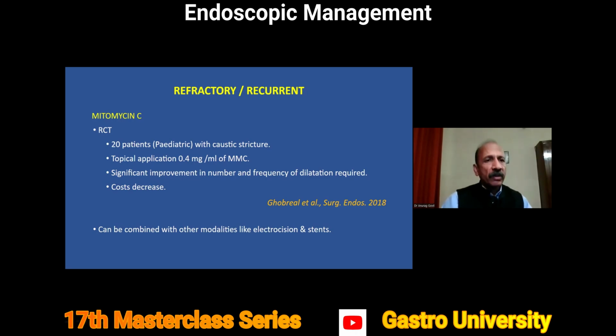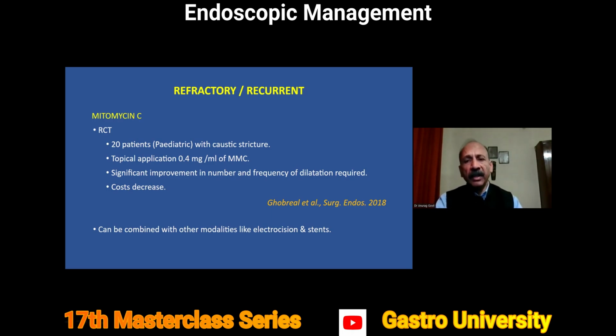There are reports of using mitomycin C instead of steroids, again for the same reasons, antifibrinolytic properties. And in this pediatric study of 20 patients, they applied it topically at 0.4 milligram per ml, again reporting a significant improvement in the number and frequency of dilatation required. Eventually, if you use them and the dilatation number and frequency goes down, that saves a lot of cost on the part of the patient. And what is best is that both of these can be combined with other modalities, whether